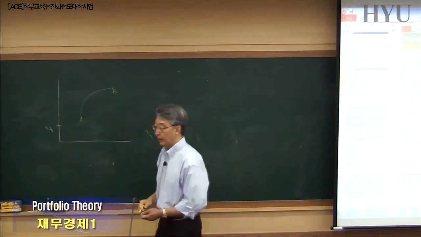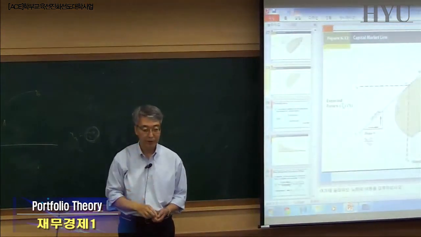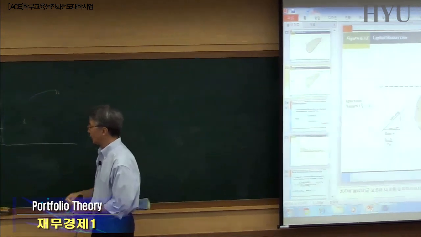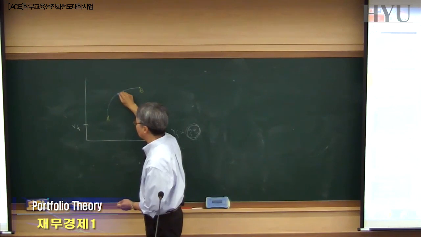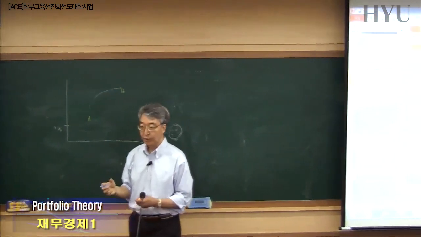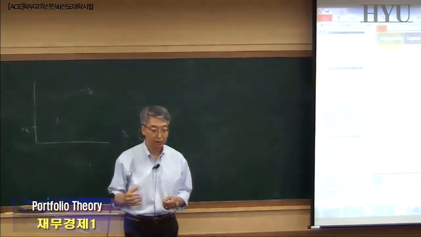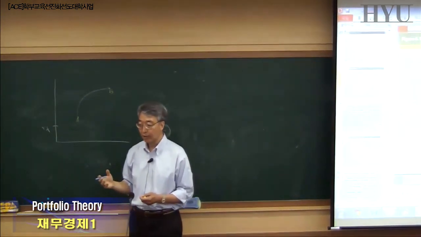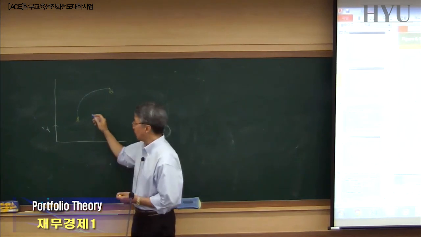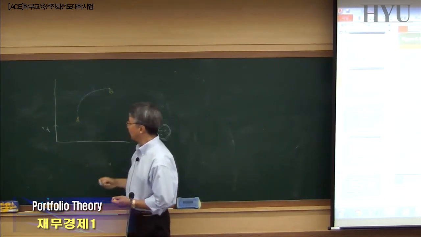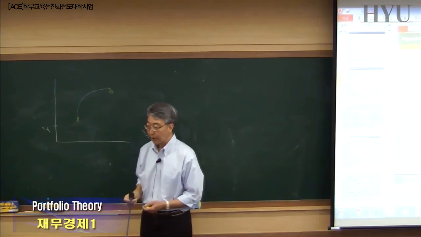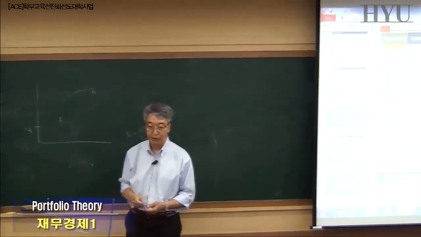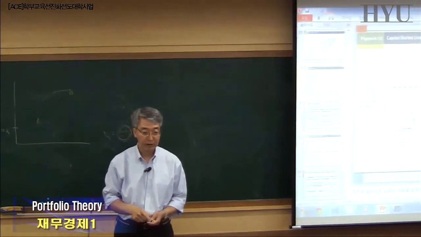So what I'm saying by any portfolio is okay, right? What I'm saying is all the combinations are efficient, right? Because you have to have the trade-off between risk and return. If you want high return, then you have to allow high risk, right? So you cannot say, if you have C and D here, right? You cannot really say C is better than D in terms of efficiency. They're both efficient, okay? It just depends on the investor's preference, right?